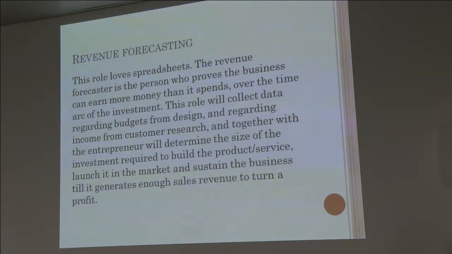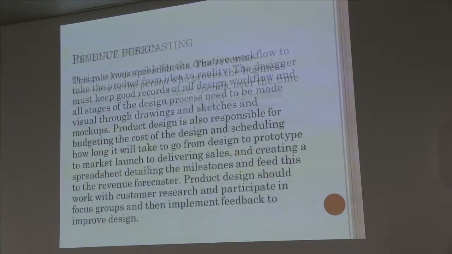The normal arc of investment, investors want to get their money back between 3 and 5 years, so that's how long you have to play for. So generally the first is a hockey stick kind of graph. We like graphs, and of course the hockey stick goes down, you get the investment, the hockey stick goes down and down and down until it hits the bottom, and then it goes up. You've got to have the upward thing, so you spend the money, and then you have income. But it's a really good idea that you don't run out of the money before you earn the income, and you will always spend more money than you think.